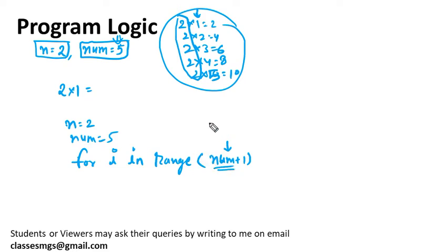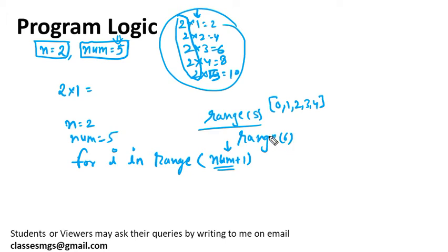That's why if you pass range like this, 5, then it will return a list 0, 1, 2, 3, 4, up to 4 only. That's why I am passing range 6, so that I can multiply the number up to 5. So it will return 0, 1, 2, 3, 4, 5. One thing more you need to do: if you don't pass the starting position, then it will start from 0. So I will pass 1 comma here, so that it will start from 1.